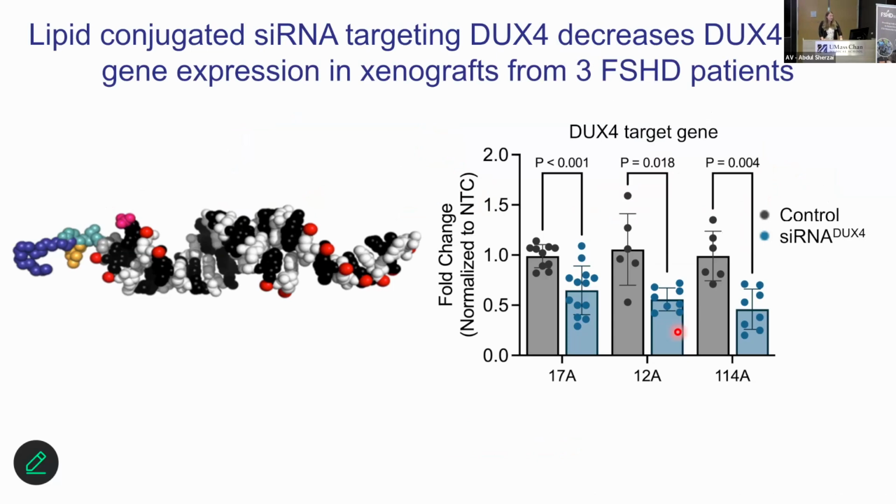So now my second graph, or third graph, I guess, technically. So when we use our lipid conjugated siRNA to get the drug to the muscle, we have a lot of success. So we're seeing about, this is again a DUX4 target gene. And so on the bottom here is 3 different patients. So we've created xenografts with 3 different patient myoblast lines. And in all 3 of those patients, we see about 50% decrease in DUX4 target gene expression, which we're